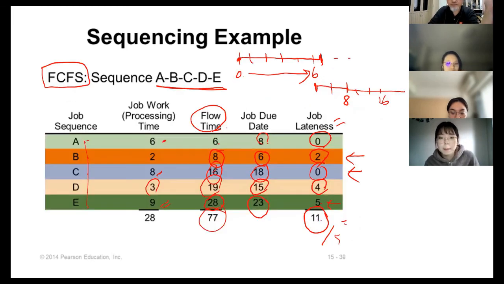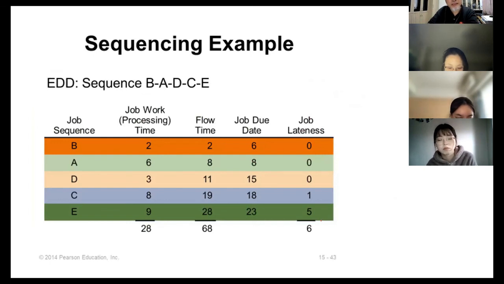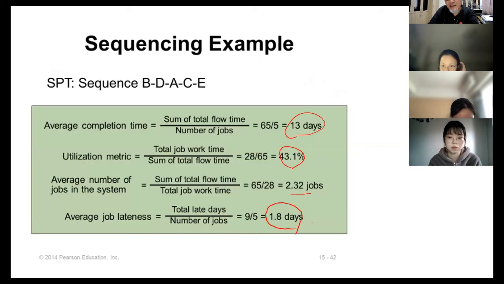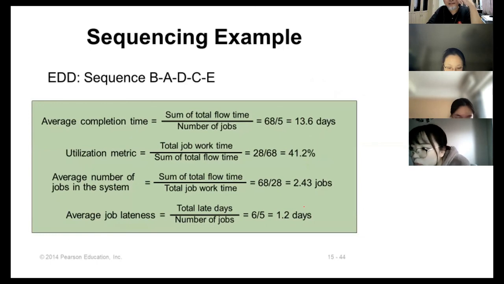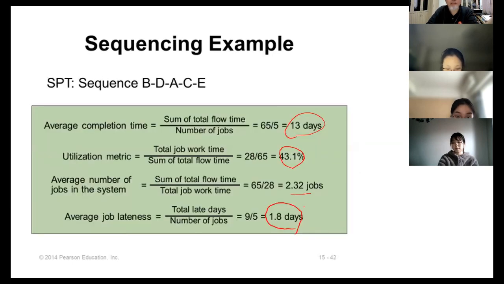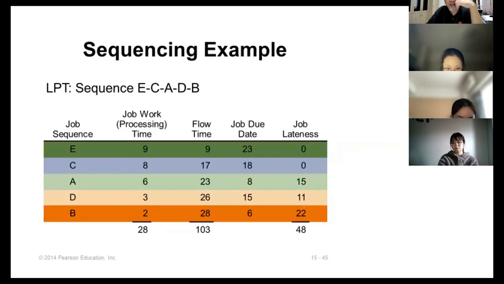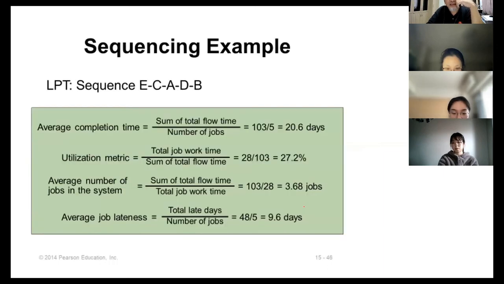So if you do that, they become BADCE. And you go through the process of calculating the flow time, lateness, and you will see that lateness has reduced, 9 to 6. So you calculate the measure again: 13.6 days, 41%, 2.43. Lateness is better, right? So earliest due date is probably better than even shortest processing time. And the final one is